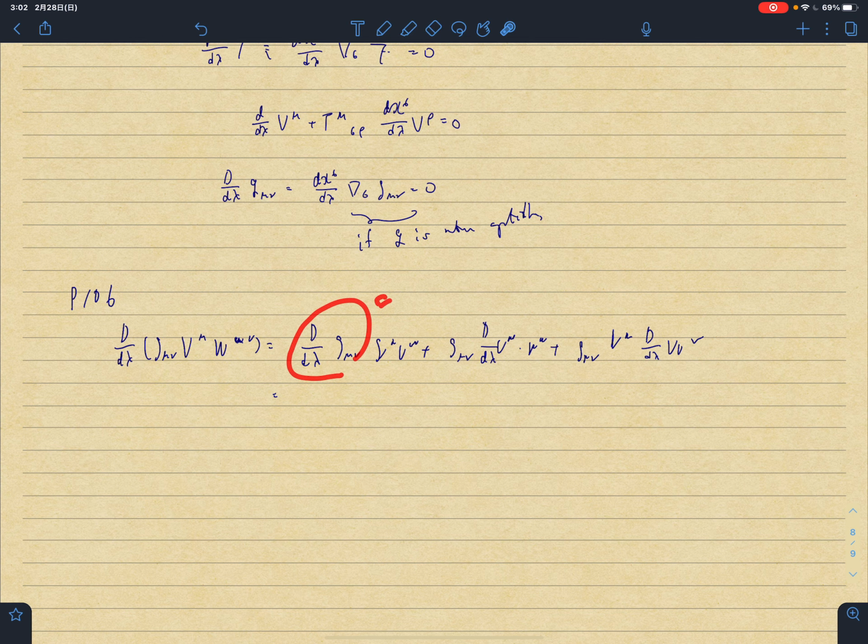this part equals 0 because the external derivative implies... exactly, the covariant derivative is compatible with G, so this equals 0, and